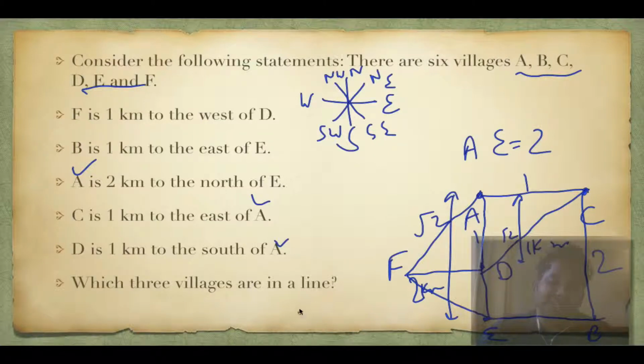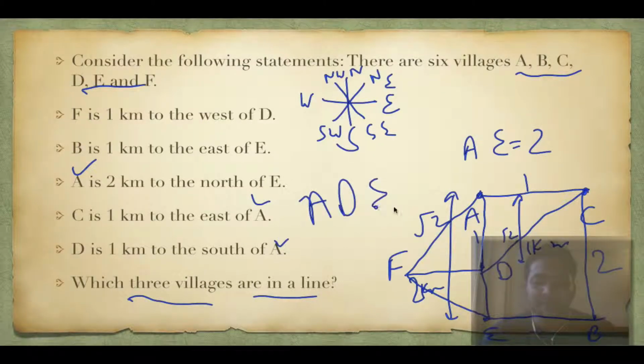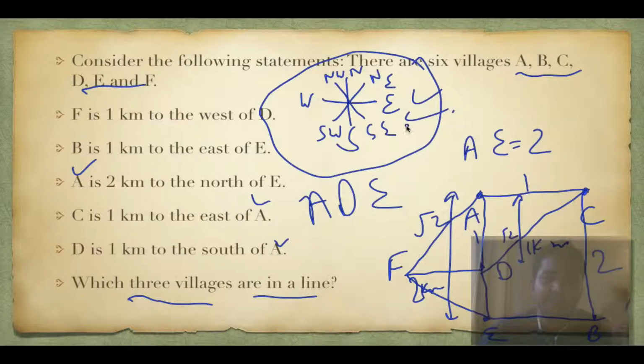They can ask anything. Now they ask a stupid question, which 3 villages are in line. So obviously the answer is A, D and E. See, if you know the concept, nothing is impossible. Just remember this diagram and you'll solve everything. North, south, northeast, west, whatever. And make sure that you are scaling them correctly when A, D and E and these are used. So moving forward,